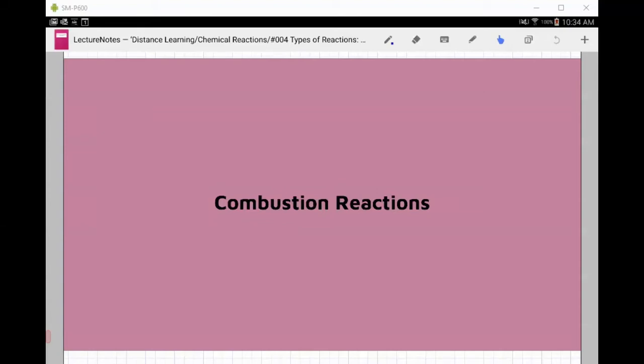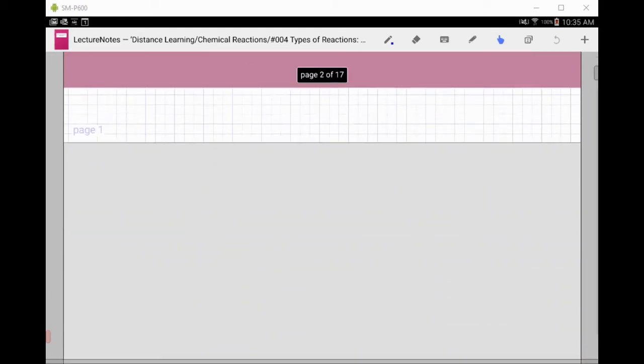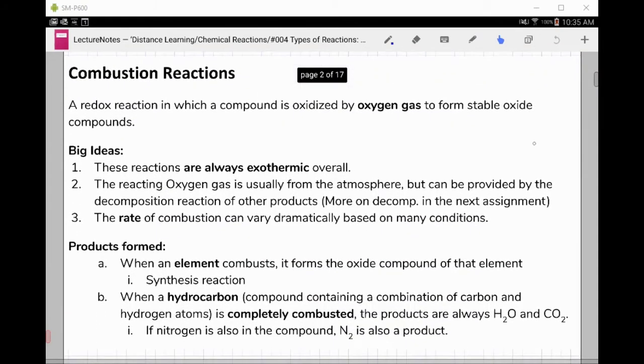All right, chemists, today we're going to talk about combustion reactions. Those types of reactions that are near and dear to everybody's heart. It's always the exciting ones when we do some demos and reactions every year. Now, combustion reactions, we're all a little bit more familiar with them than, say, some of the other types of